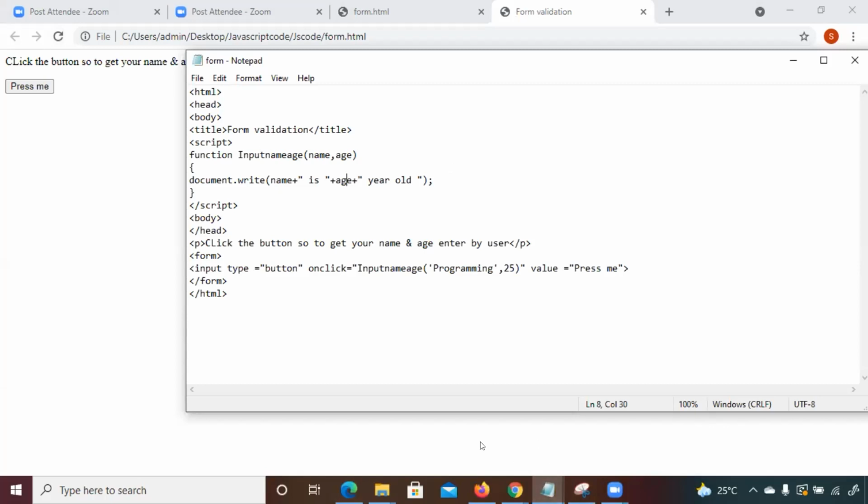Okay. So now I want you to do the same program, with addition, subtraction and all. You have already done that, but will you be able to do it with the button input type?